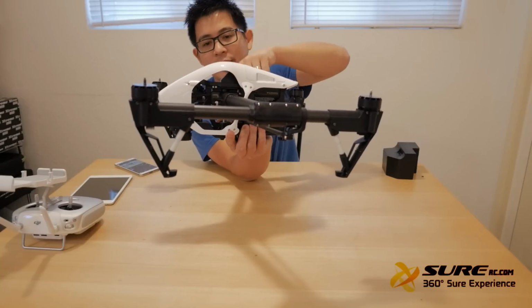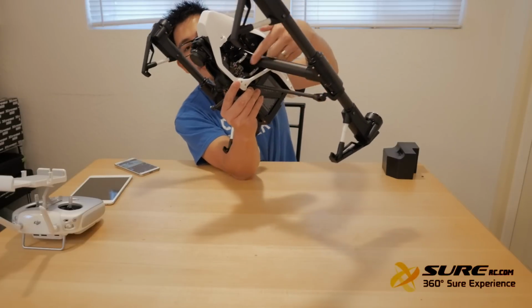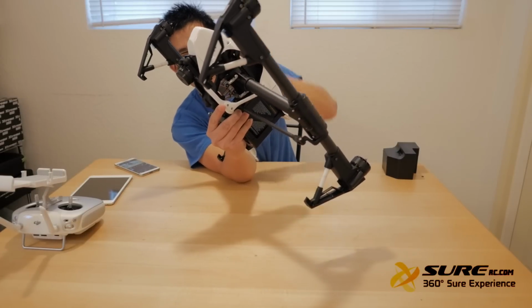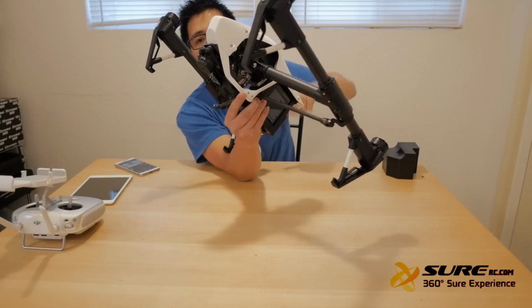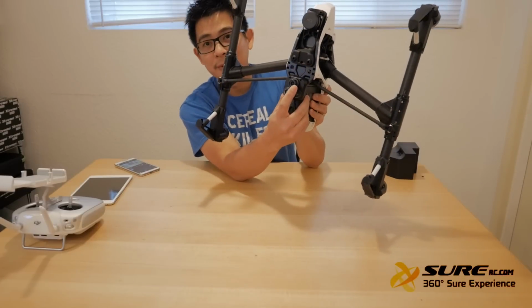But yeah, we got the folding system on here. We got the spiral gears that when it's going up and down, it transforms. That's very nice. You can see over here, we got this long silver screw inside. That's actually the part that spins, that brings this arm up and down. We got a lock here for the gimbal. We got the optical sensor